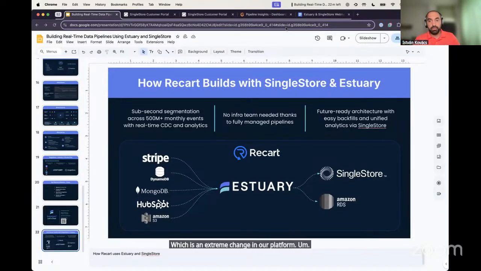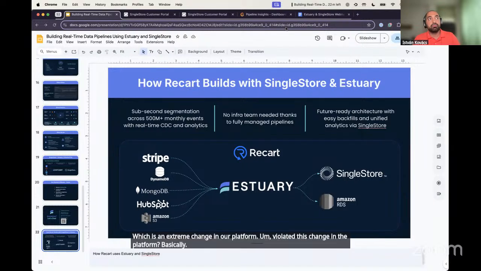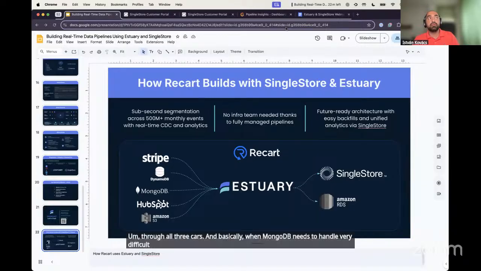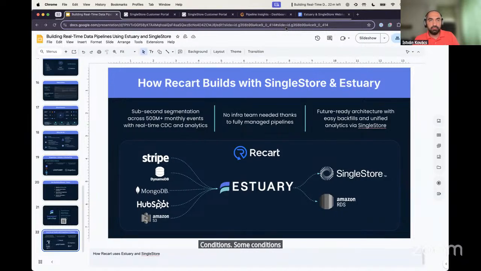Why did we need this change in the platform? We have a couple of customers who became exceptionally successful, I would say. They found their ICP, they were able to build their business in a very meaningful way, and they were able to grow their audiences throughout Ricard. And when MongoDB needs to handle very difficult aggregations with a huge number of conditions,